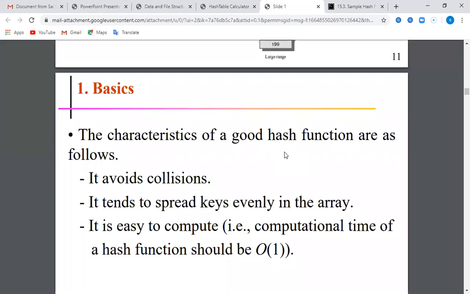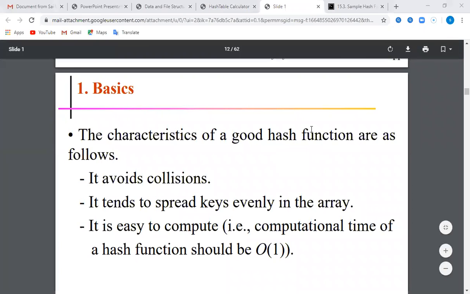Yes, now are you able to listen? Anybody, one tell?